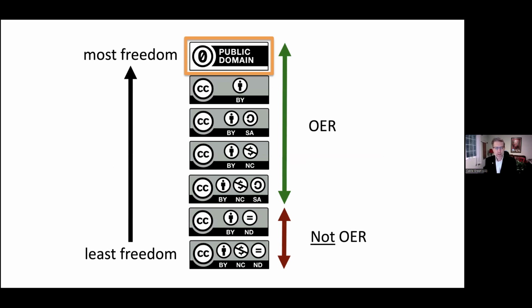So when we're talking about education and Creative Commons licenses, think about them in terms of sitting on this continuum. So most freedom at the top to least freedom at the bottom. And by freedom, what I mean is how many degrees of freedom, how much flexibility are we giving to other educators in the world? Public domain, obviously, the most free. You don't even have to provide attribution to works that are in the public domain legally, although we do, right? If we don't cite them, that's plagiarism, and we don't do that in the Academy. And so public domain is the most open. Then the CC BY license, where the only thing that's required is attribution, then BY-SA, then BY-NC, et cetera.